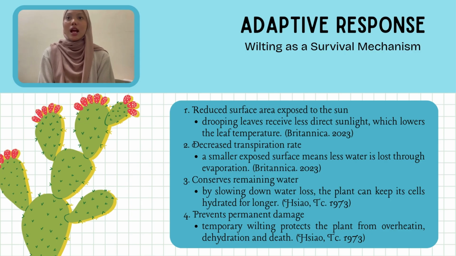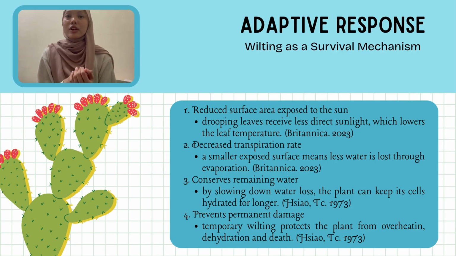Finally, wilting helps prevent permanent damage to the plant. Temporary wilting acts as a protective response, shielding the plant from overheating, extreme dehydration, and even death. Once the plant receives enough water again, it can recover and return to its normal structure. Overall, wilting is not just a negative sign, it is actually a clever and effective adaptive response that helps plants